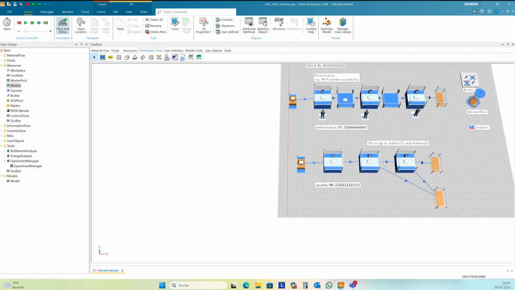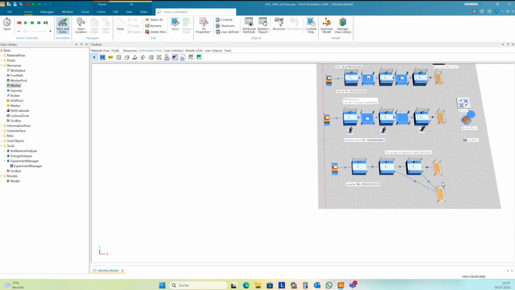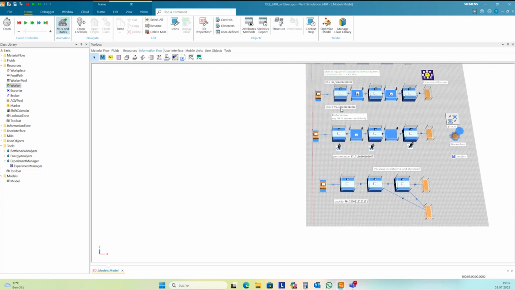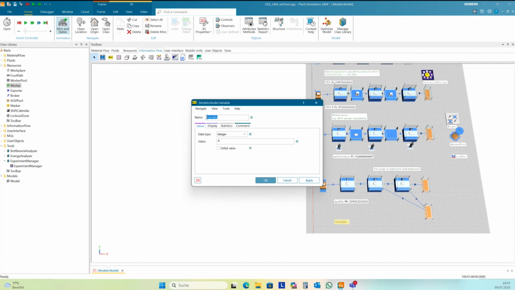I can take these 3 variables to calculate this theoretically. So I make another variable for OEE calc, as real.